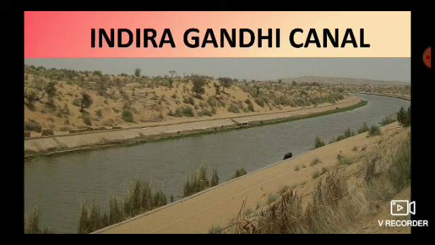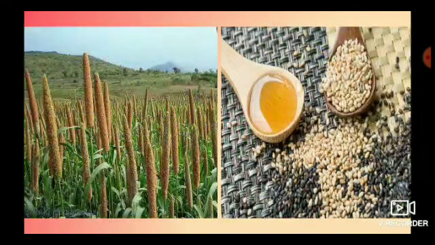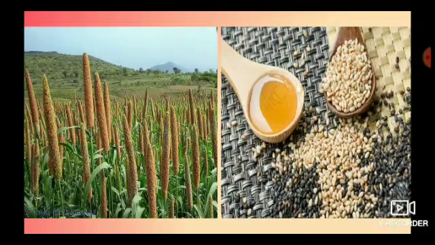So what will happen when a region becomes fertile? The people there can cultivate crops, yes or no? Yes. So these are the crops that are grown in the desert region. What are they? They are mustard, barley, jowar, bajra and a few oil seeds. Okay children? And wheat, you know, right? We use wheat flour for chapati and puri and all. So mustard, barley, jowar, bajra, oil seeds, wheat and maize are the crops that are grown in the desert region.